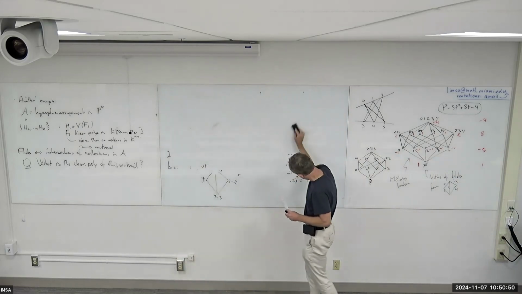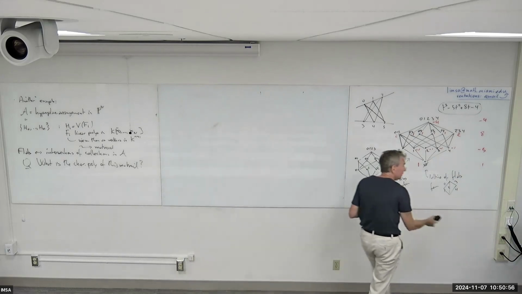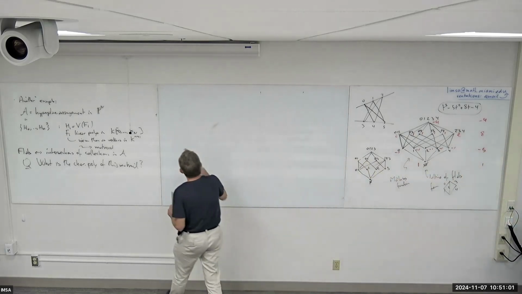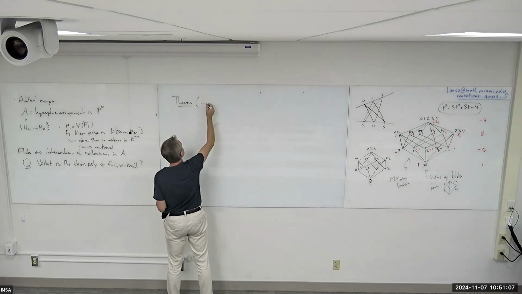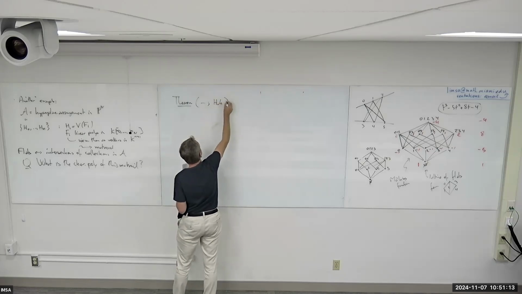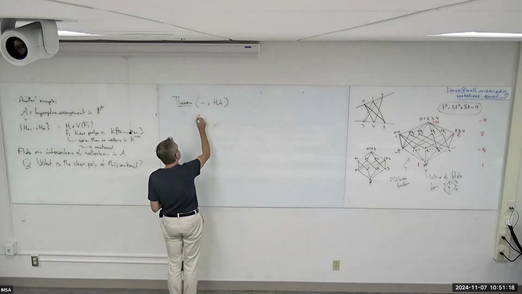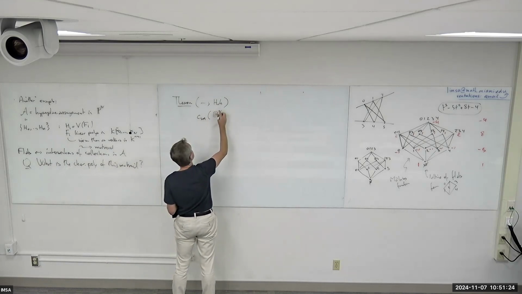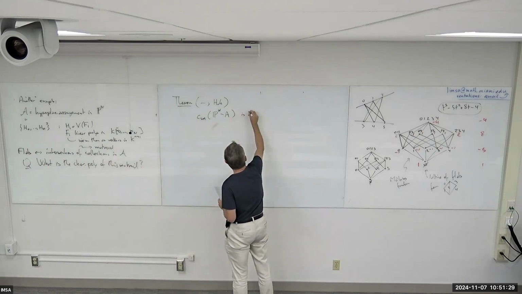Take your favorite hyperplane arrangement in P^n, construct a matroid this way, and then do this operation, do the Möbius function. What do you get? So there's a small theorem, which is my single contribution to this, and in fact, better ways to think about the same things were done independently, probably before me by Huh. The CSM class of the complement of the hyperplane arrangement is obtained by replacing